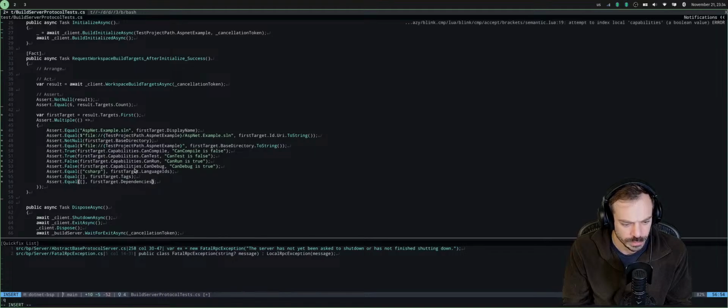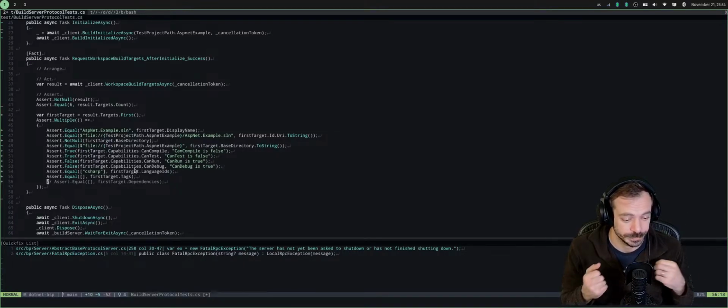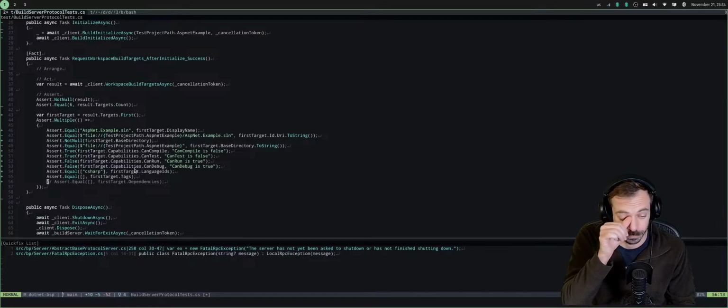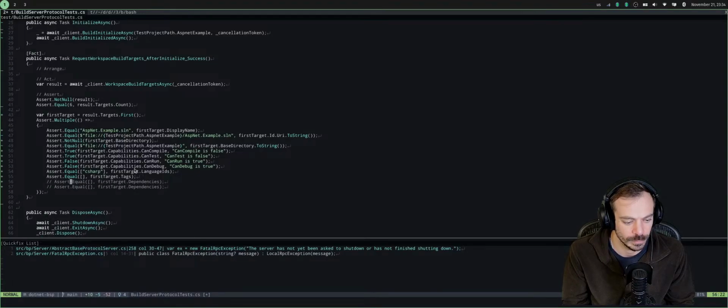And then we could also check for the dependencies, which is a bigger thing to check. So let's leave it out for now. Check the other ones.